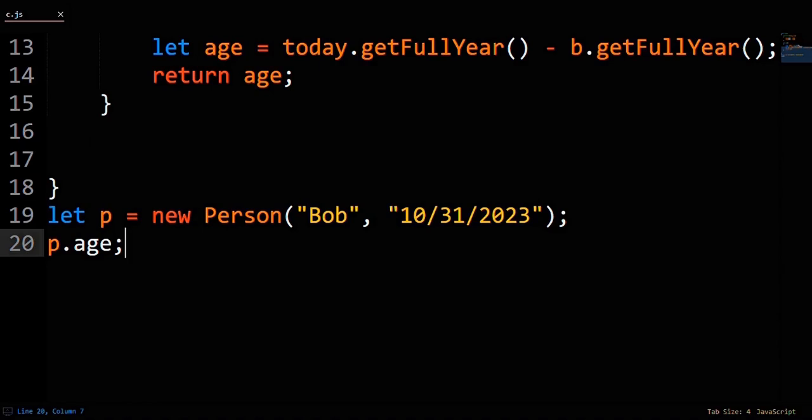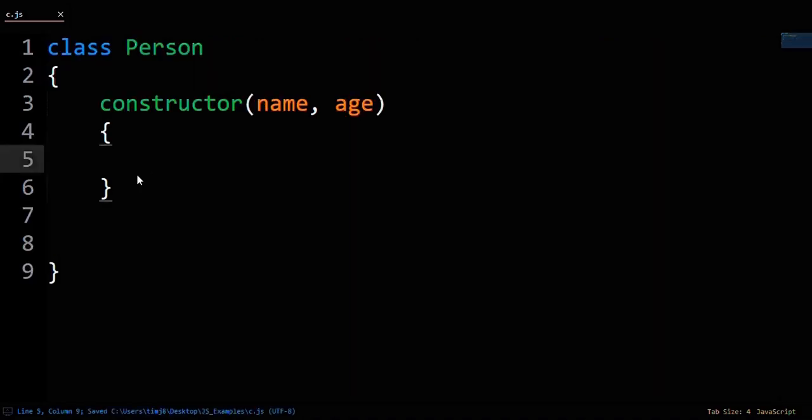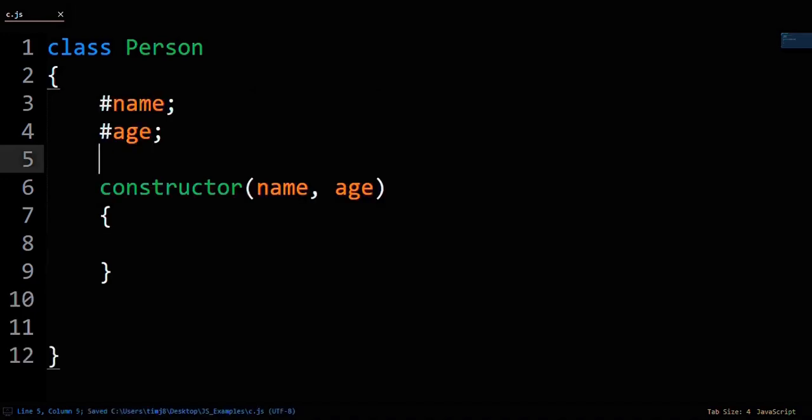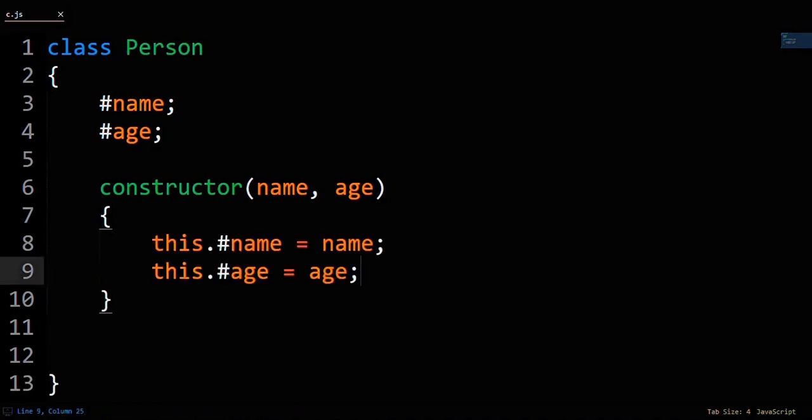At some point within the last couple of years, JavaScript introduced private attributes, meaning attributes that aren't accessible outside the class. You can change this code to make private attributes by saying before the constructor, #name, #age. Then you change the constructor by typing this.#name equals name and this.#age equals age. As is, if you tried to make Bob and access age again, you wouldn't be able to.